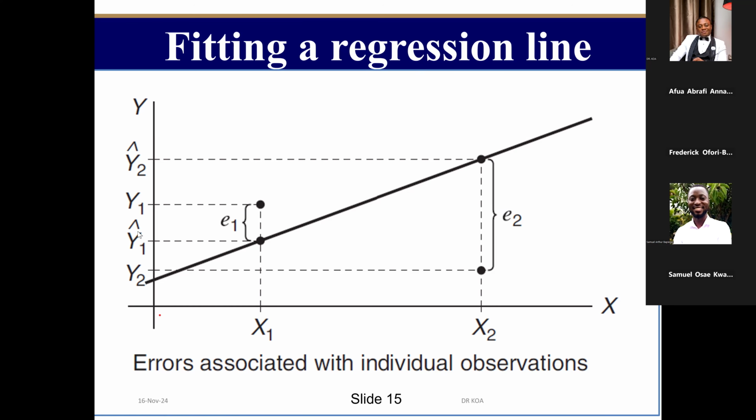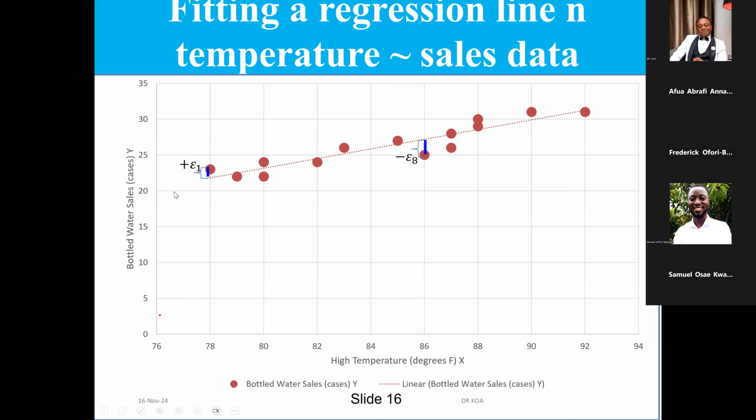Now, in our own, it's the same thing. You can see that this is the first observation, and the first observation is here. And we created a regression line. You remember when I showed you the scatter plot, I showed you how to create it. So the error here is error 1, because this is observation 1. You can go to this one